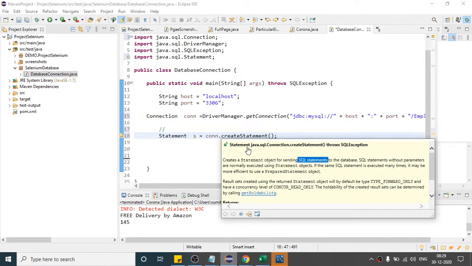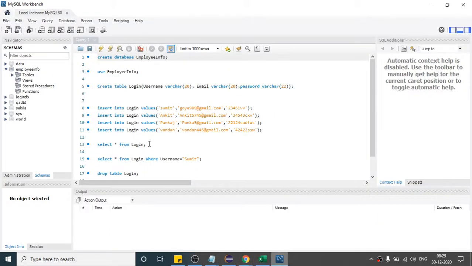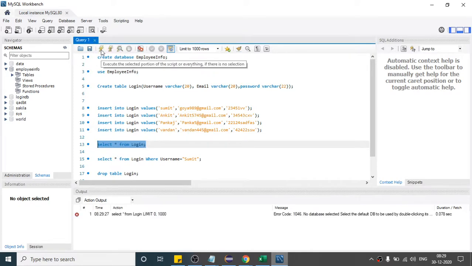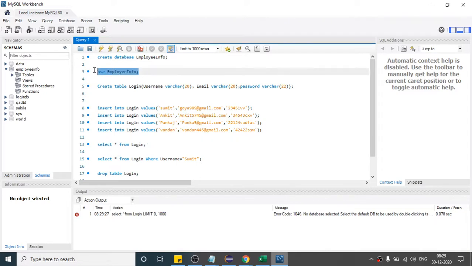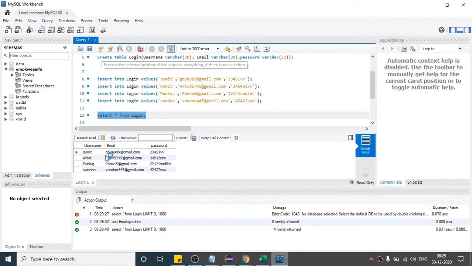So what is this SQL statement? SQL statement in the sense, if you see here, when I am coming to my database, if I want to get all the data, this is one SQL statement, and if I execute this, okay, so first you have to select this, right? So into this database, if I execute this SQL statement, it will select all the data.